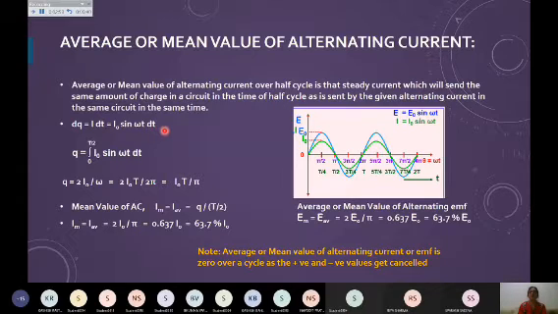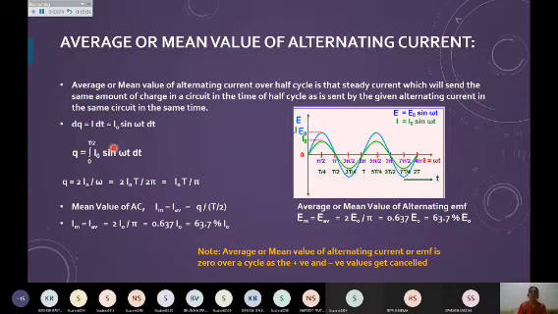If you wish, you can even take the value in terms of cosine also, then also the results you will be getting are the same. So either you go with I equals I naught sine omega t, or you take I equals I naught cos omega t. Both ways the results will come out the same. But I'm taking sine omega t, so you can work out the mathematics.